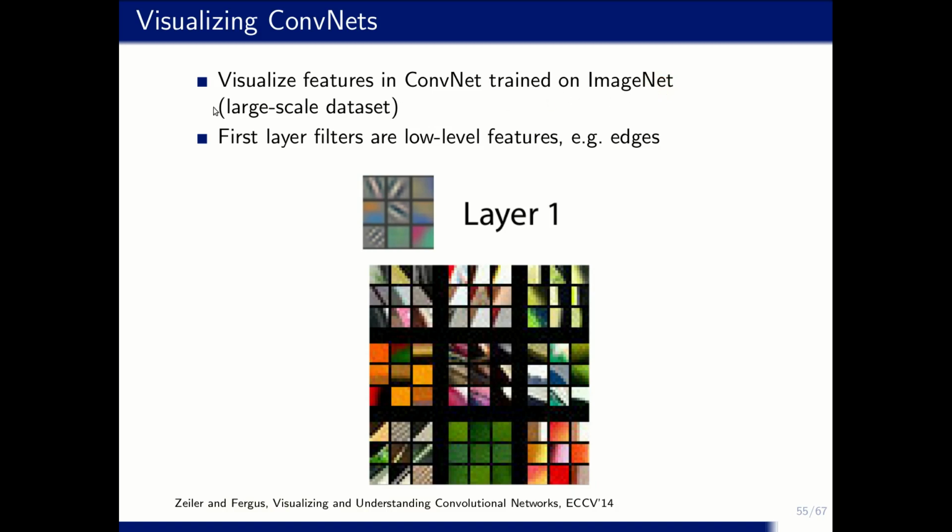It is a very large dataset with millions of images from natural scenes and natural objects. They visualized the features on each of these layers. In each layer, they selected a few neurons and visualized the filters, the features they